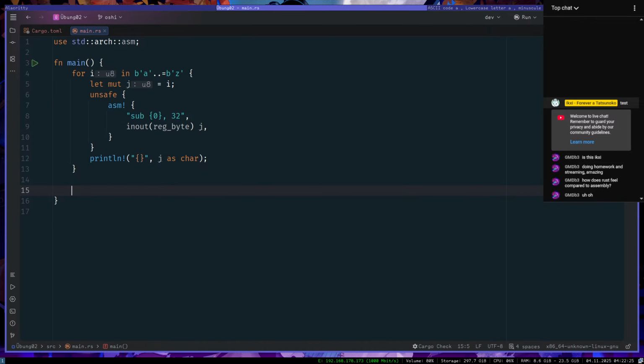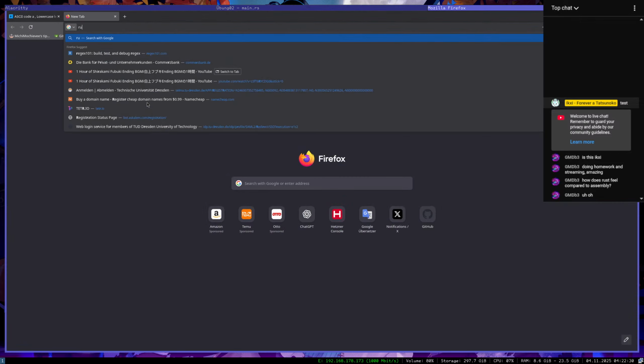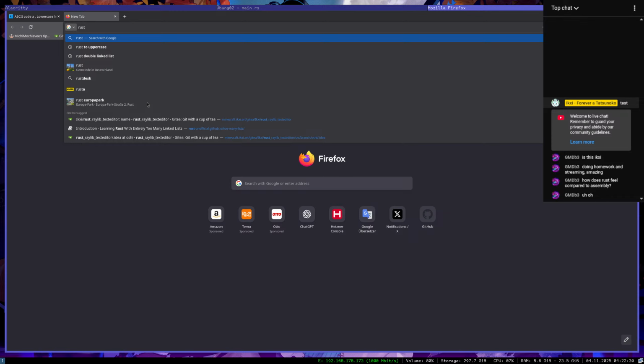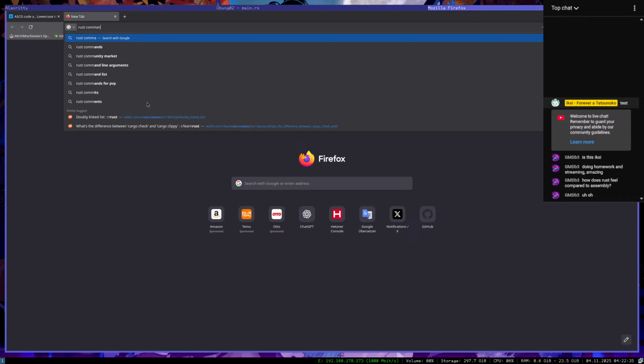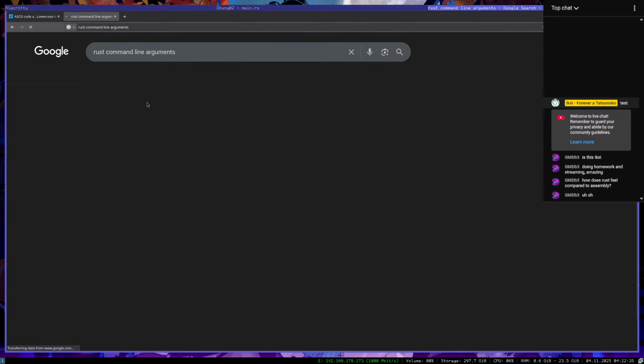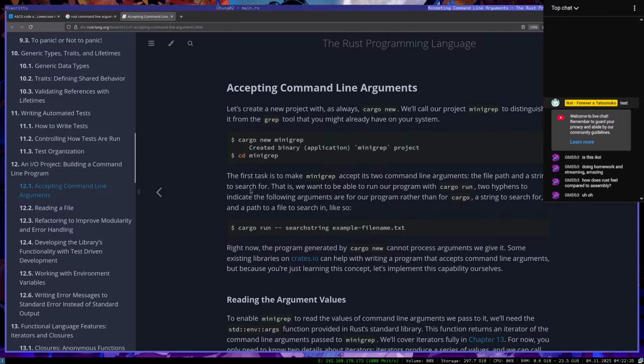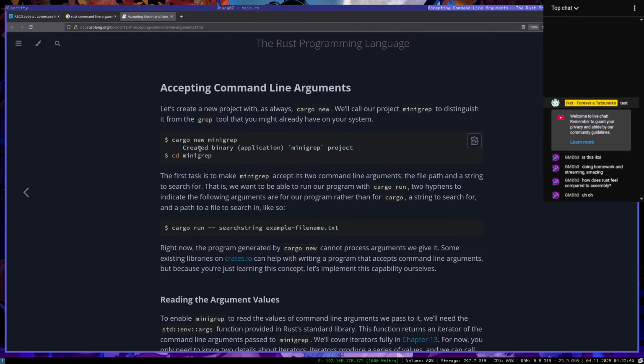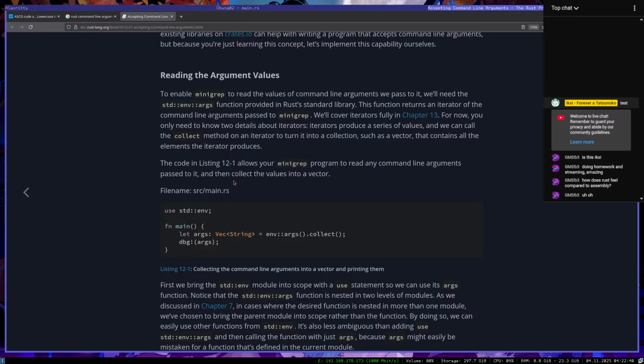Okay, Rust, command line arguments. So just trim the code. Env args collect.